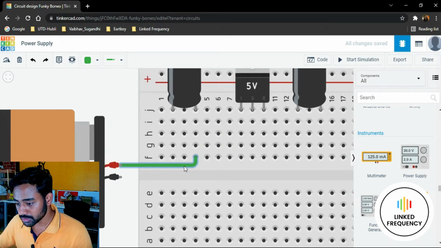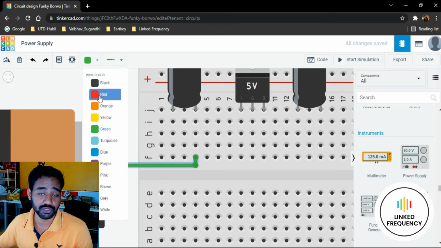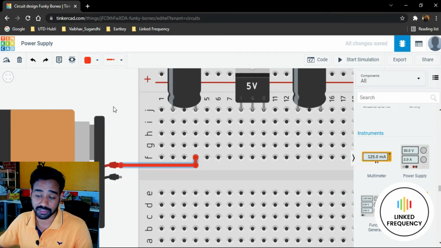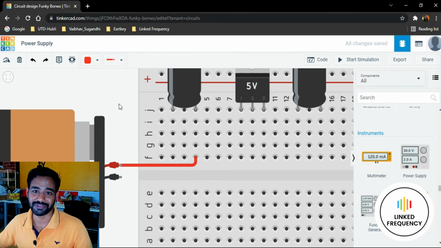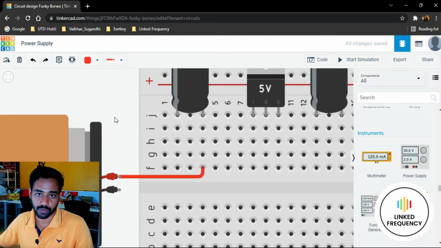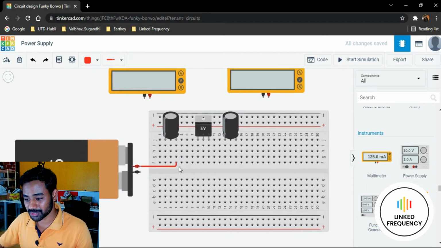Okay, so this is green in color. I don't want to do it in a green color, so I want to change the wire color to red, because it is a power connection. There is no electrical difference with respect to wire color. Of course, color is not going to define any electrical parameter, but do remember you have to make it look good as well. Professional work is all about making it look good as well as functional. So that's why we are making sure that it is connected with a red color wire.